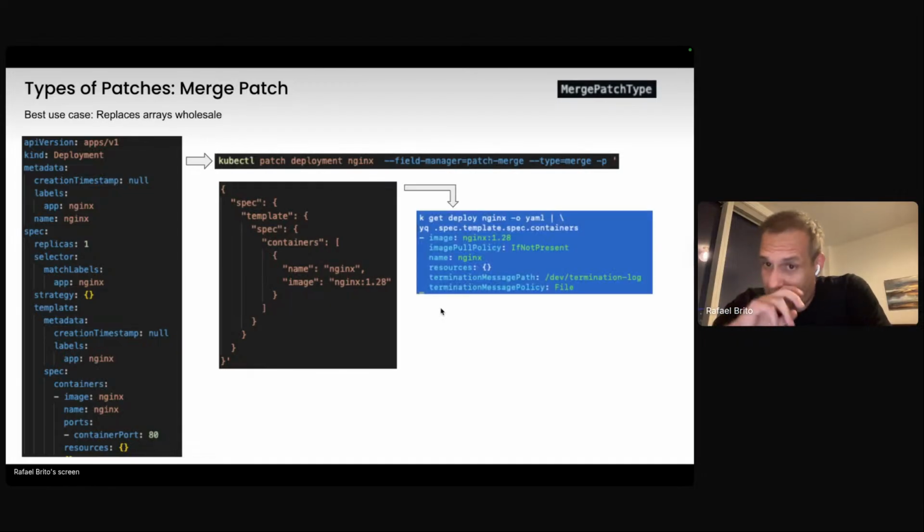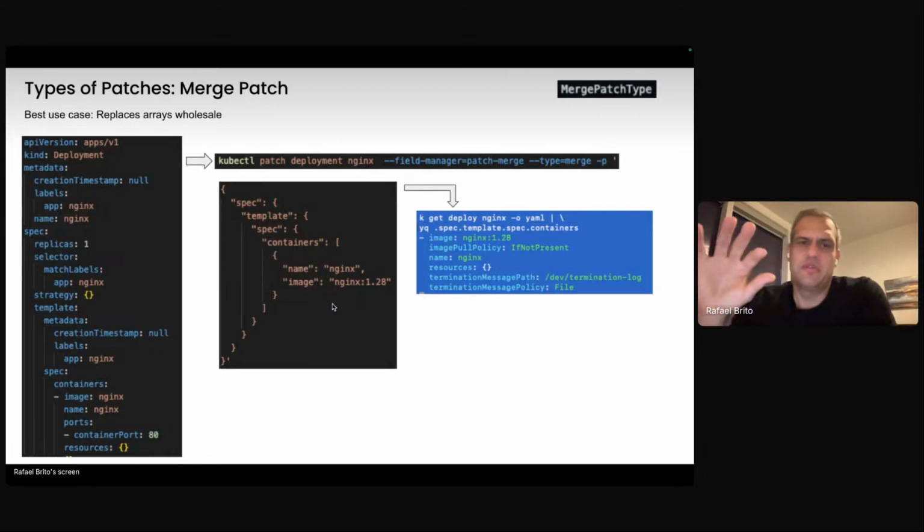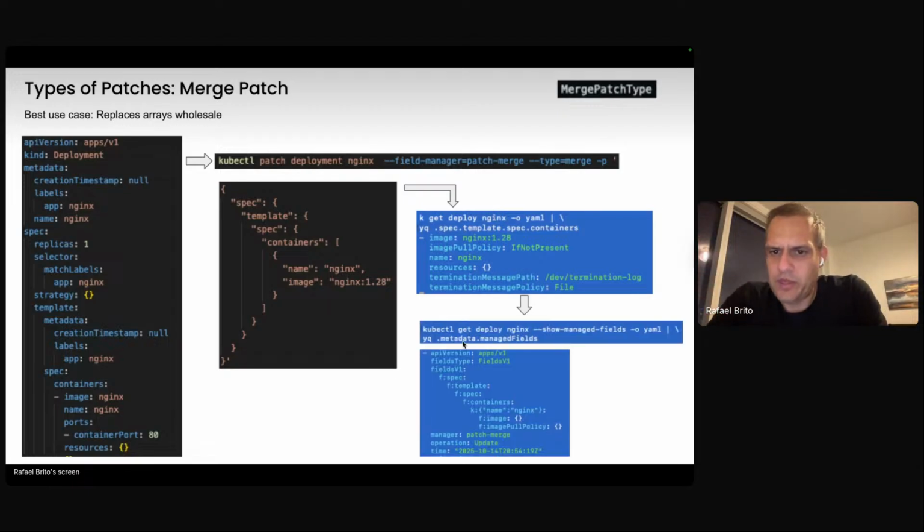However, because this replaced it wholesale, I lost my configuration of the ports because this patch does not have it. So it kind of replaces it. So you got to be careful when you manage patches, right? If I do a kubectl show managed fields, again, I have a new entry with the manager that is specified up here,